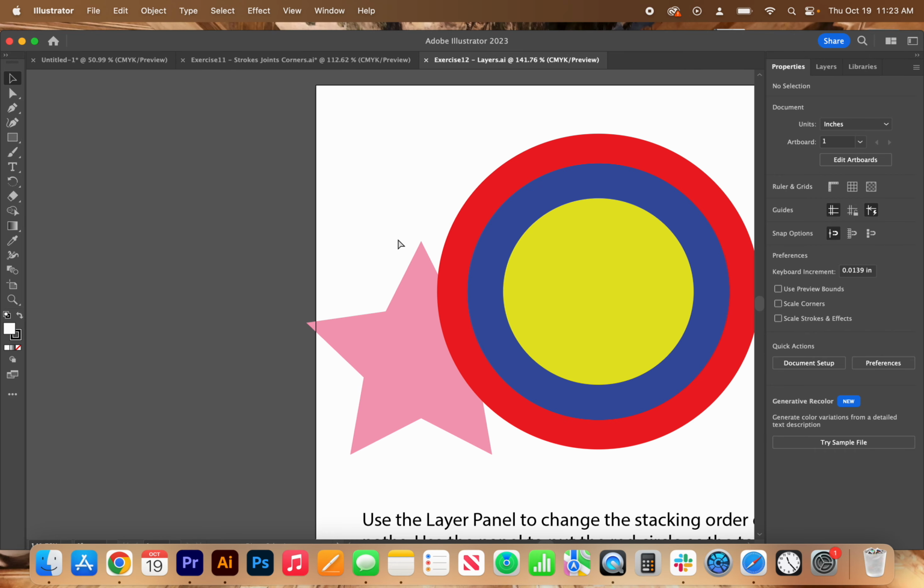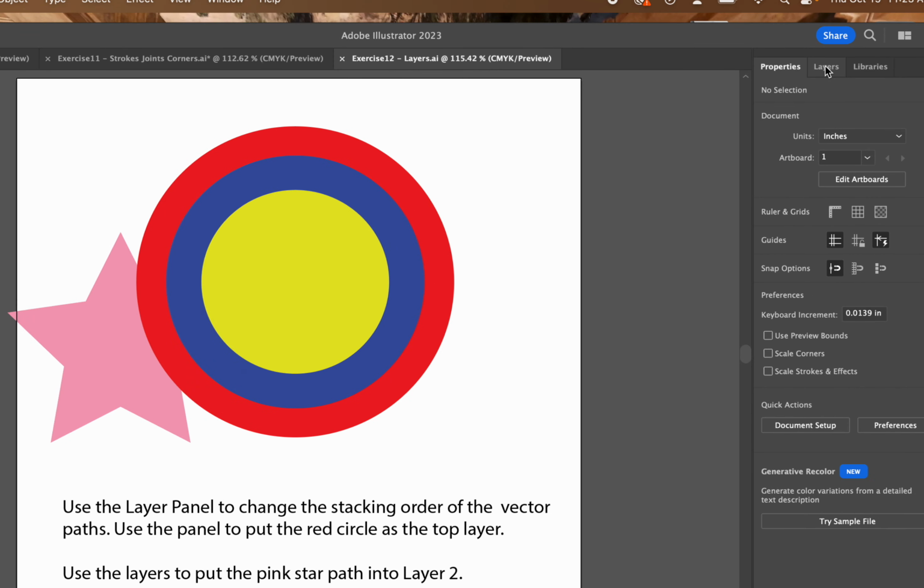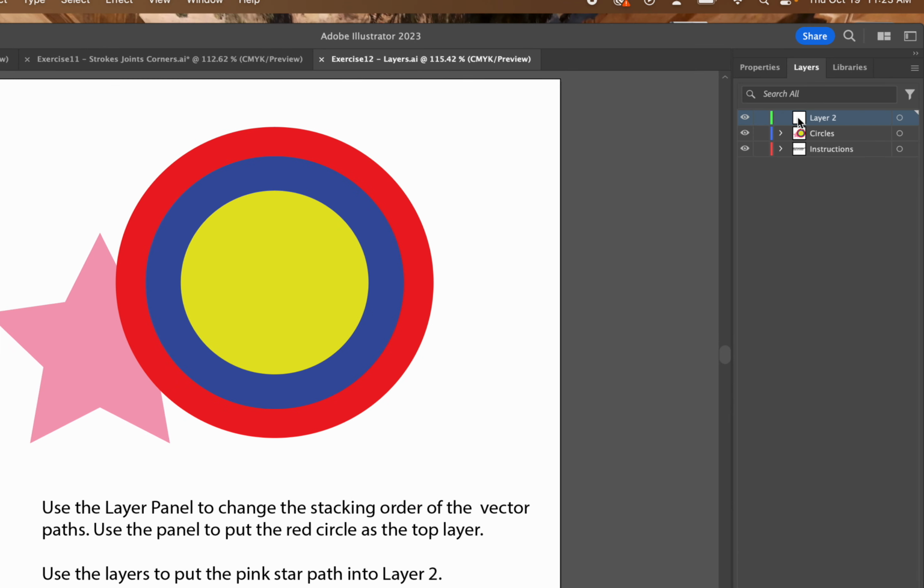Okay, this one wants to show us layers, how layers work in Illustrator, which is similar to Photoshop, but a little different. So I'm hitting Command 0 again to center and make my document as big as it can be for my view. So it says use the layer panel to change the stacking order of the vector paths. Use the panel to put the red circle as the top layer. So if I go over here to where it says layers, I can click here, right? And then it looks a little different because they're kind of grouped into different things. But what I want to do is